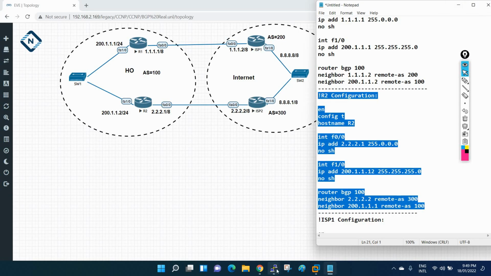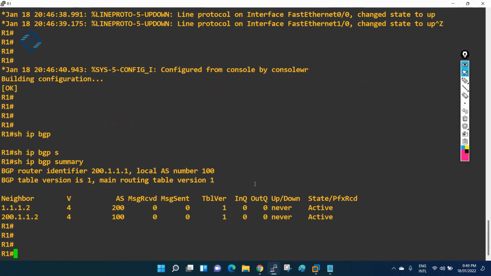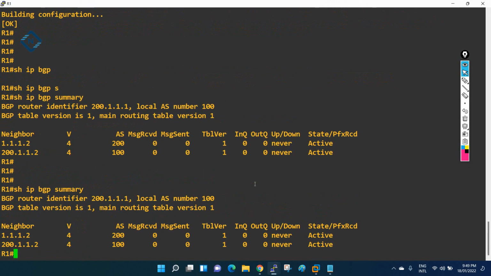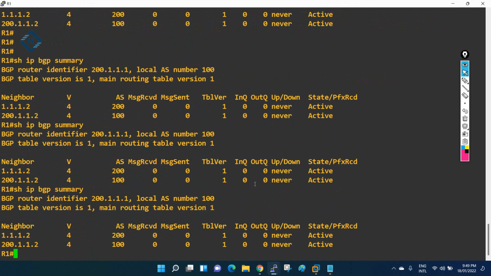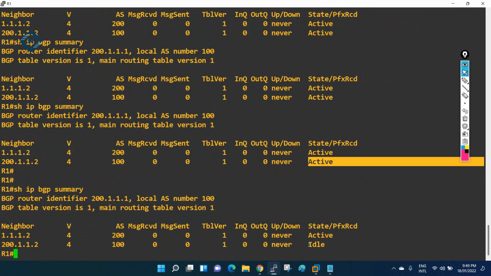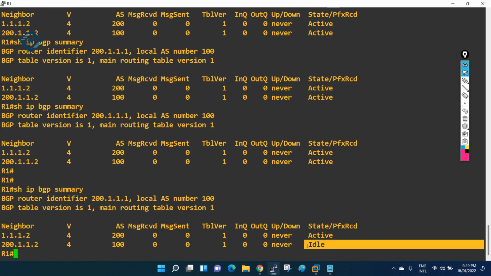If you check in the R1, let me check. If you see, still active, it will take some time. Still active. Now I configured this just now, so this should go. We will check again. If you see, now it is in idle. Before it was inactive.